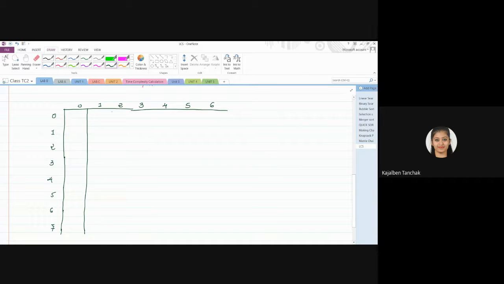When this chapter comes, you have to practice. Each and every step you have to write down. This one will be very lengthy. If you give the mid exam for dynamic and greedy, the dynamic chapter will be very lengthy. You have to write down each and every step and only then can you get full marks. If you have only built this table, then you will get only 2 marks.